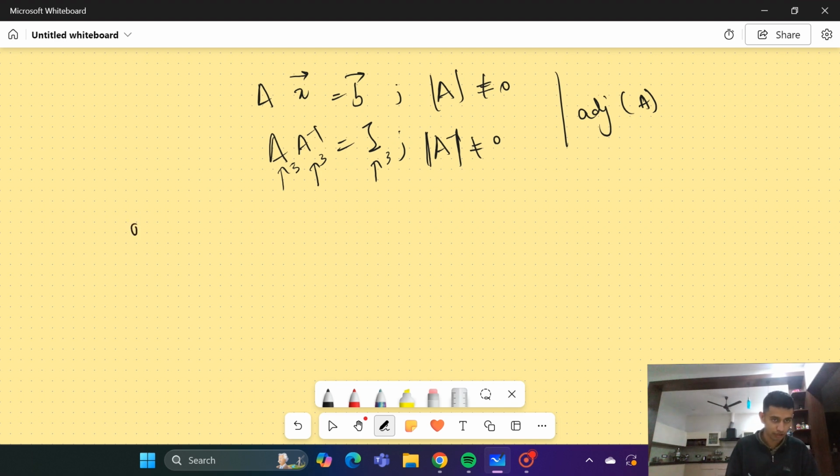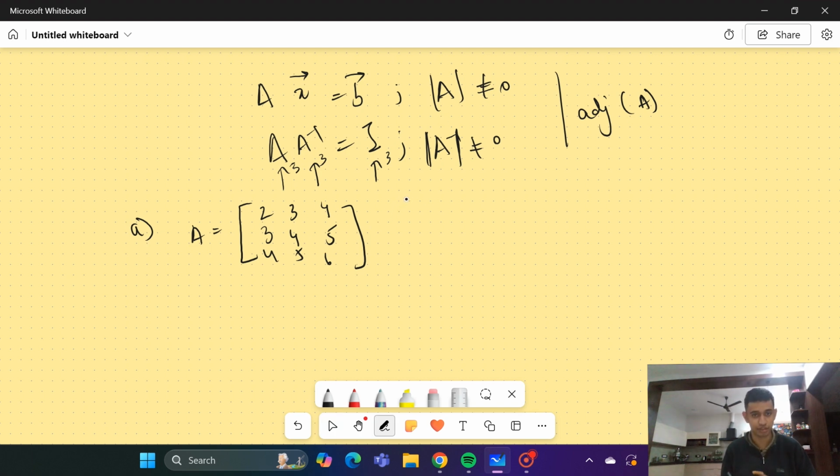So let's start with part A. Part A gives us the matrix A, and this has the values 2, 3, 4, 3, 4, 5, and 4, 5, 6. So as I said before, we don't want to be too keen on trying to find the inverse straight away. We need to at least first check if the inverse even exists. So to do that, we find its determinant, and A's determinant can be opened like so. It would be 2 times (4·6 minus 5·5), minus 3 times (3·6 minus 5·4). I could have extended it, but I'm using another line for this. Plus 4,